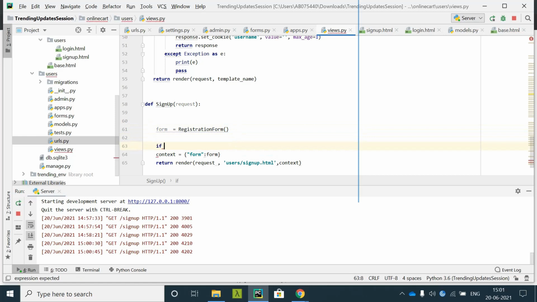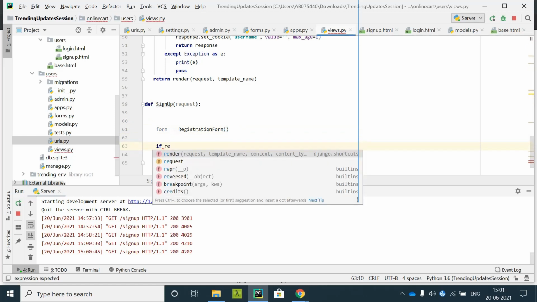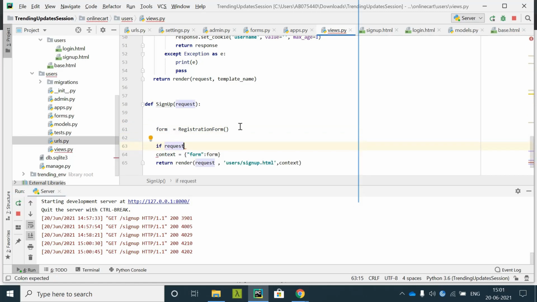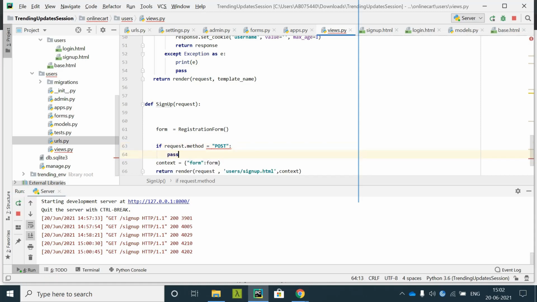If request dot method is equal to post, pass, else.